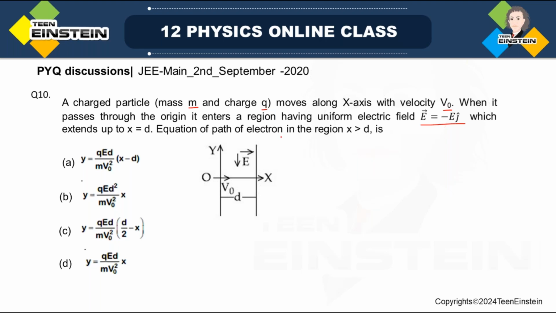Find the equation of path of the electron in the region x greater than D. So this is very simple problem, but maybe it may be a little bit lengthy. Let us see what happens. Suppose at this particular position, when it reaches at this particular position, it has initial velocity v naught. Now it will have